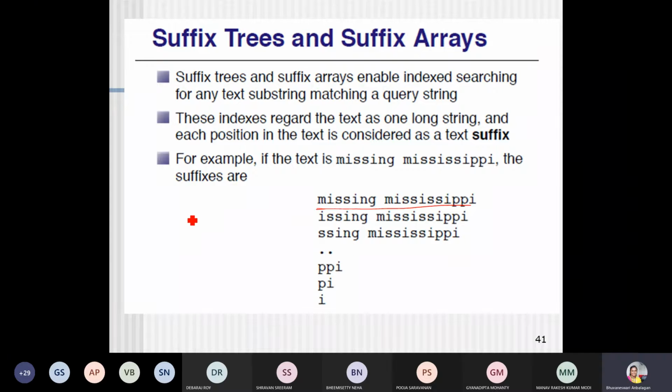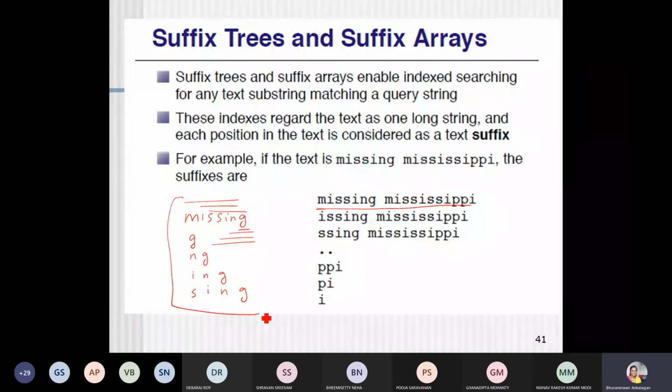For example, if I have the word missing, the suffixes are G, NG, ING, SING, SSING, and ISSING, MISSING. This is how you have to create the suffixes.